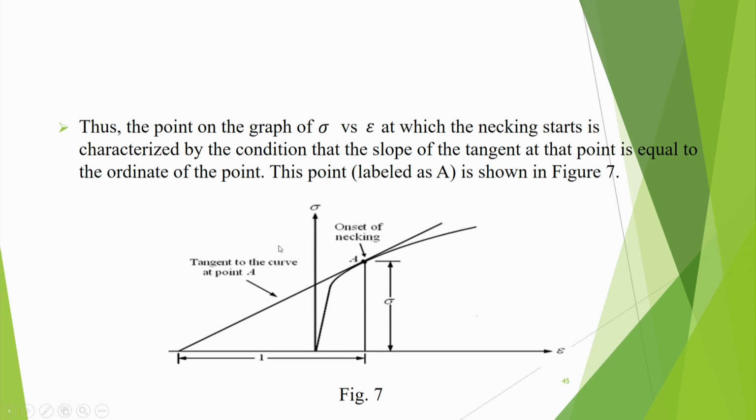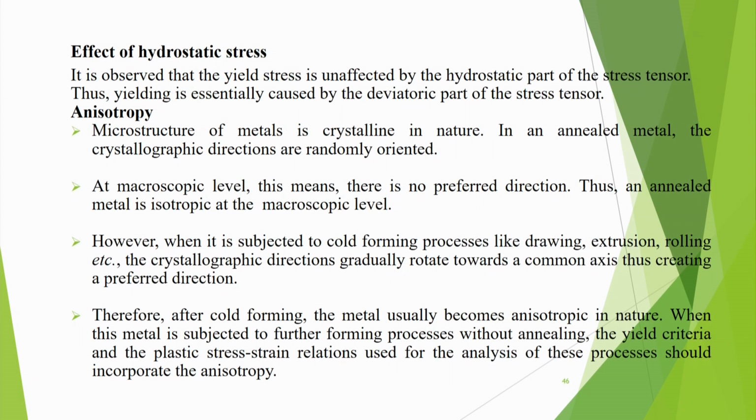Okay. So, here it is shown graphically, it is a true stress and true strain diagram. You see there is no point of dip. Here the true stress is always increasing, it is going up to fracture, it is increasing only. However, at point A, which actually corresponds to the ultimate tensile strength point in the engineering stress strain diagram, at that point if you take the slope, then that slope will be equal to nothing but this height, that is sigma. So, this point is the onset of the necking. So, we can understand this necking behavior.